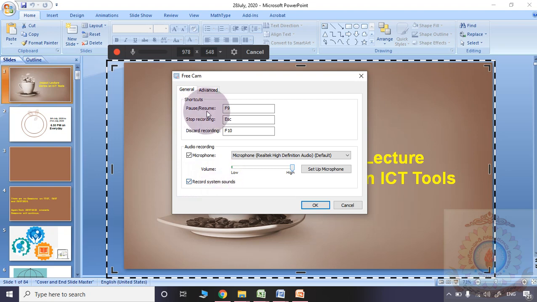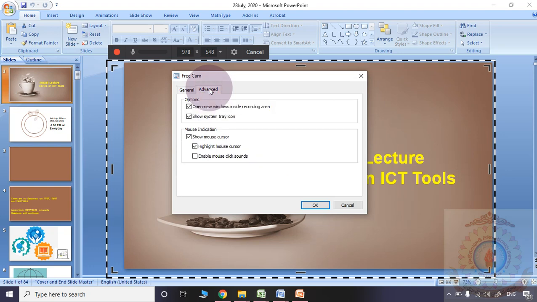If you want to pause at any time, you may use F9, and for resume also the same button. If you want to stop the recording, the escape button, the ESC button available on the keyboard. If you want to discard, F10. Please observe, advanced settings are also there.